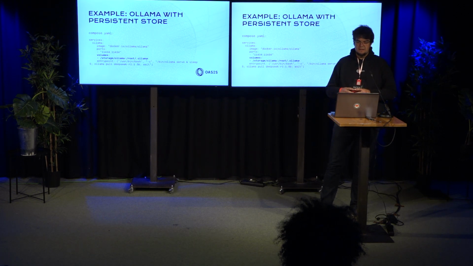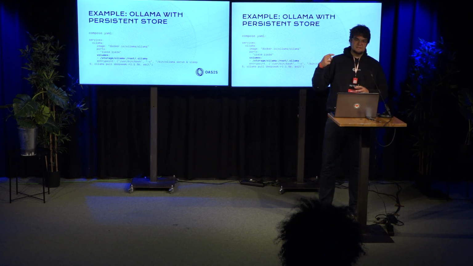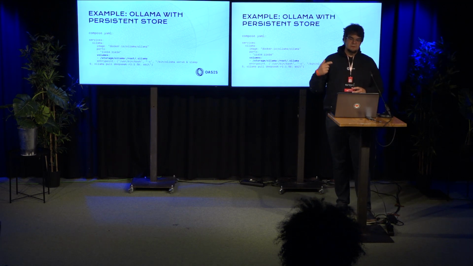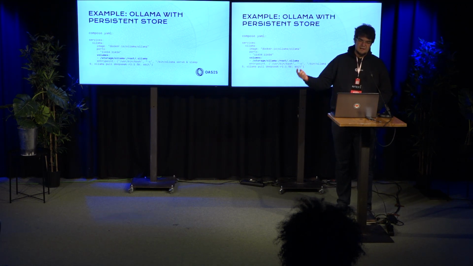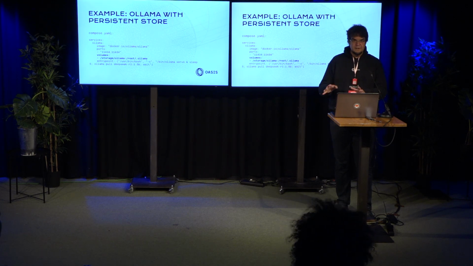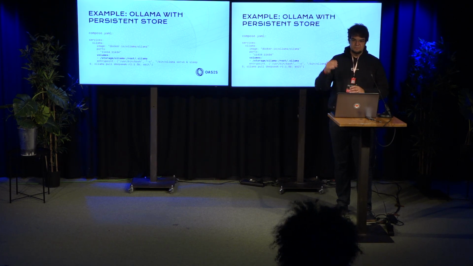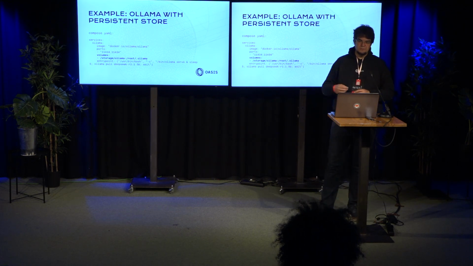So this way, the first time the Raffle app is spun up, it will download the LLM models. The second time, for example, if it's upgraded or restarted, the persistent storage will be there, and it will just start immediately because the model will already be there. When you upgrade your Raffle, the persistent storage remains intact.